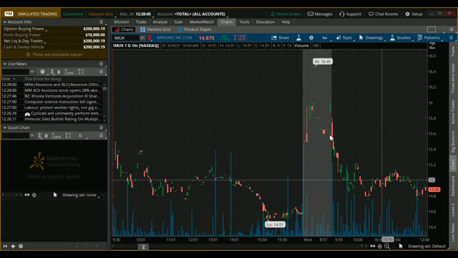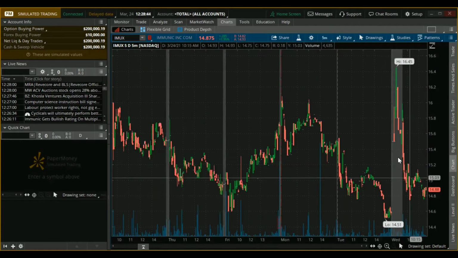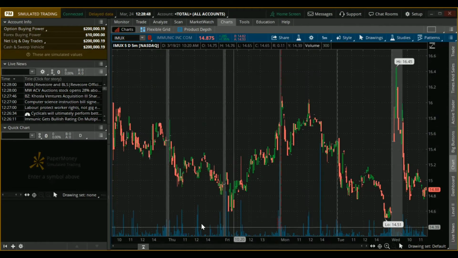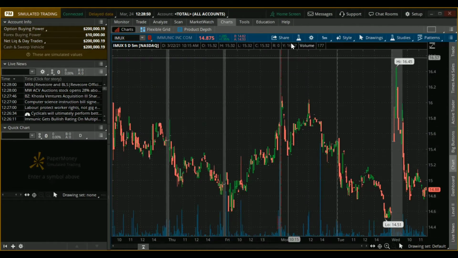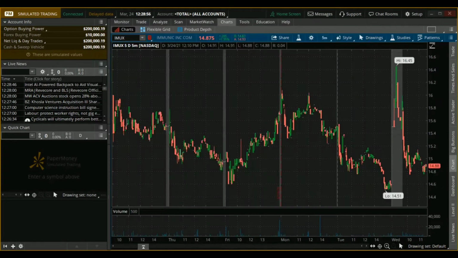You can see it right there. You can go to the 5 minute chart to see it much more clearly, and that helps out. Now this volume, as you see, is overlapping. If you don't like that, and I don't, it's easier when it's separated. Right now you can see, because here it tells you the amount of shares traded,